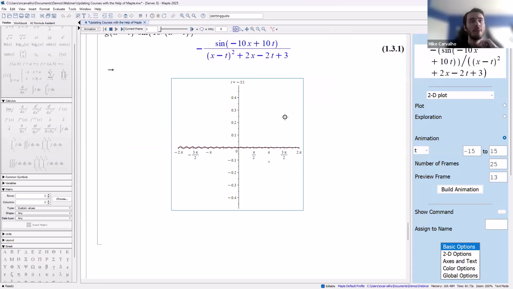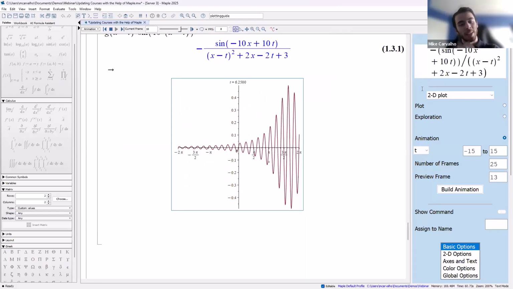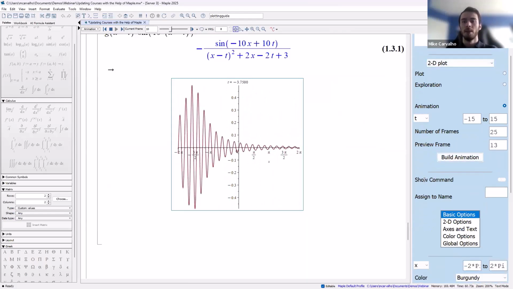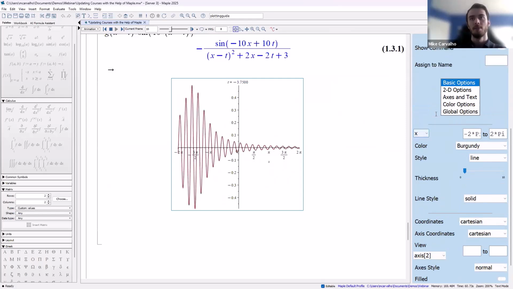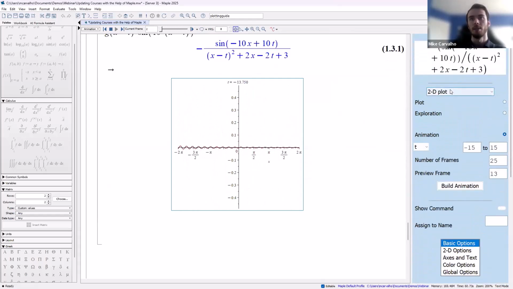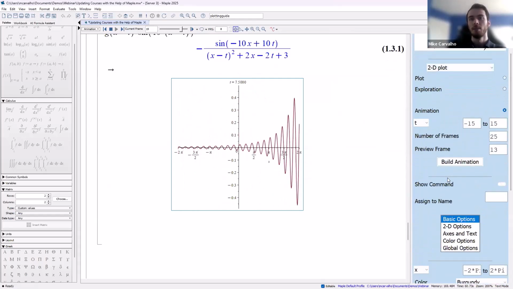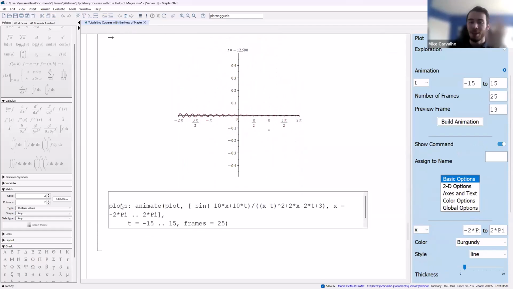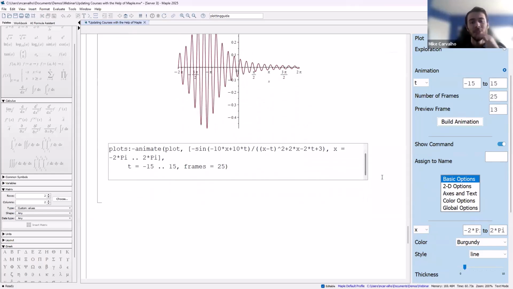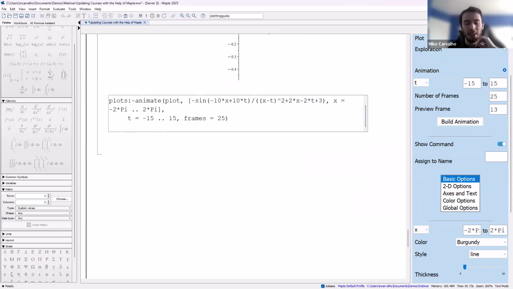Yeah, I should mention too. Maybe you want the command, right? So clicking through it is nice. Maybe you want some more control. There should be an option somewhere here to show me the command. Where is it hiding from me? Show command, there it is. So if you want the command as well, you can do that to recreate it later instantly, which is nice. So there you go. So that's plots at a quick glance.